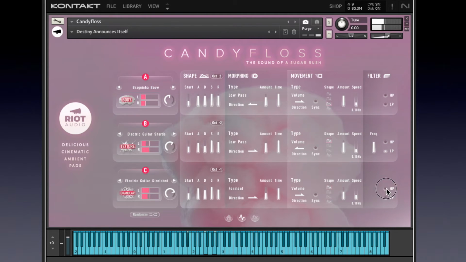I think I'll high pass that. And we'll take this down. Well, that was fun. And let's pop over back here to